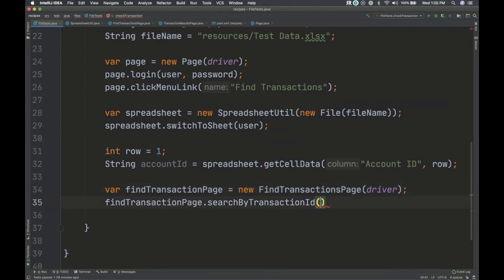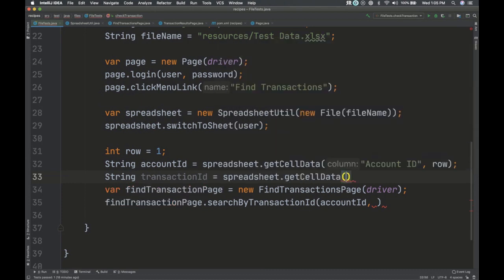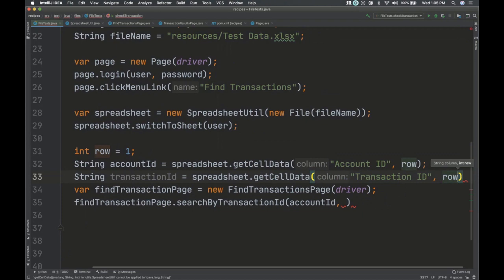Search by transaction, give it the account ID, and I also need the transaction ID, right? So let's get that from our spreadsheet. Get sale data, and our column this time is transaction ID, and same row.